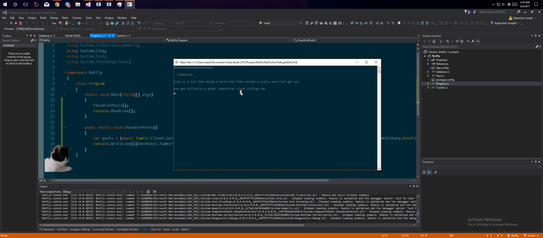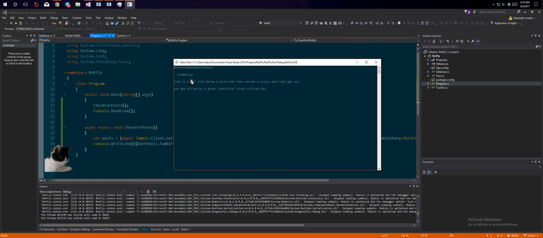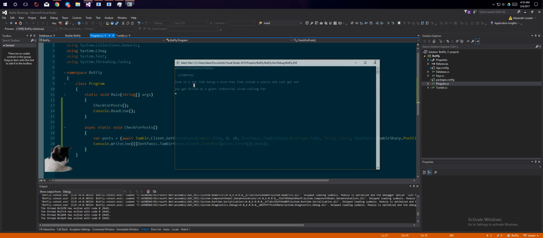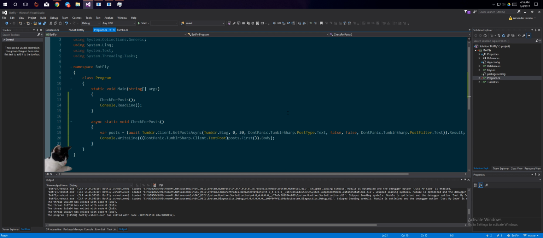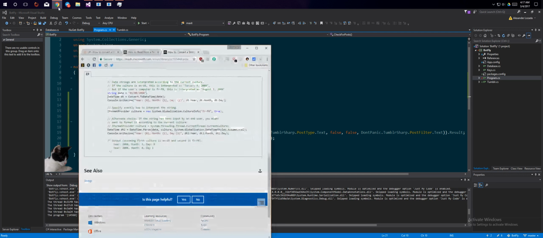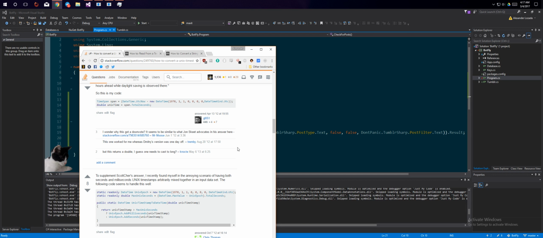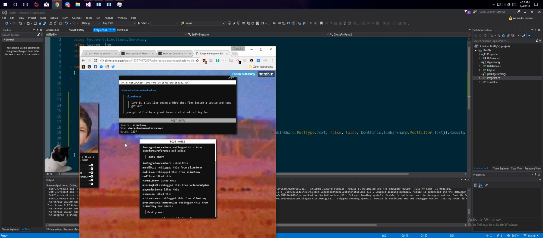So one thing that is kind of annoying about the Tumblr API is you can't really just get the original comment here. So you have to do some funky stuff to check if it is an original post, which is the only thing that I want. So for instance,